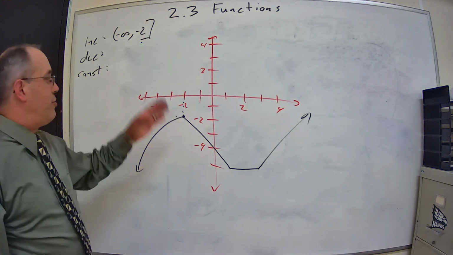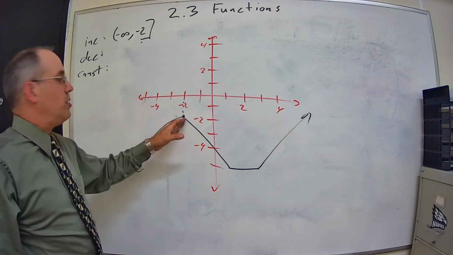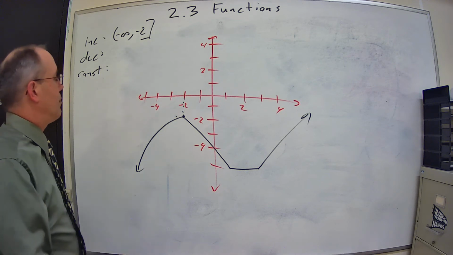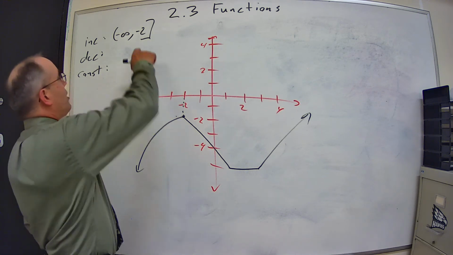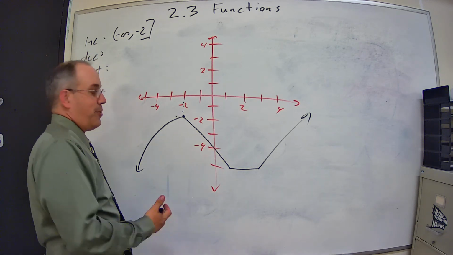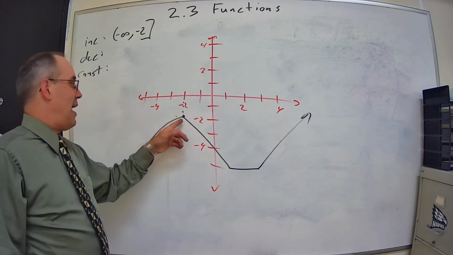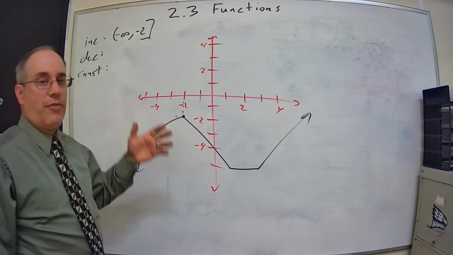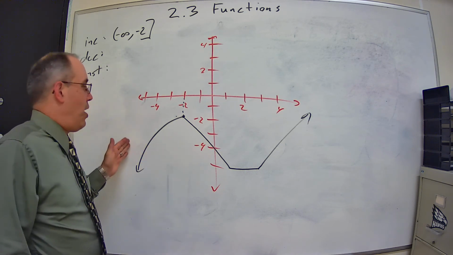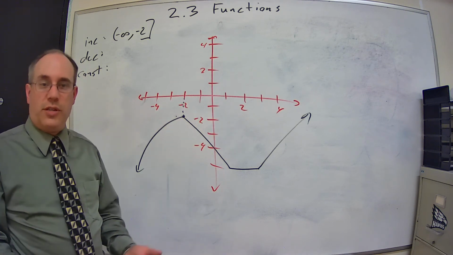And that negative 2 is included, that is a point there. So it is increasing from negative infinity to negative 2, inclusive. We always use the x values when we're giving these intervals. To be really honest, I don't really care what the actual y value is at the endpoints of it being increasing, decreasing, or whatever. I care about at what x values, what interval of x, is it increasing, decreasing, or